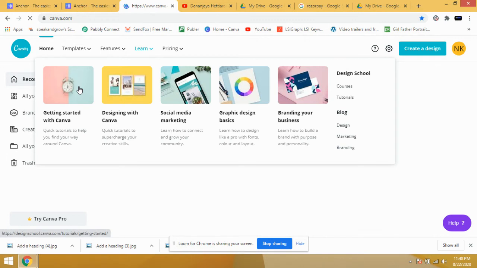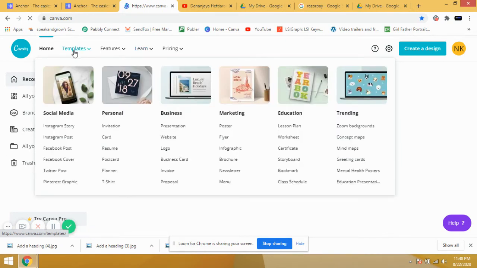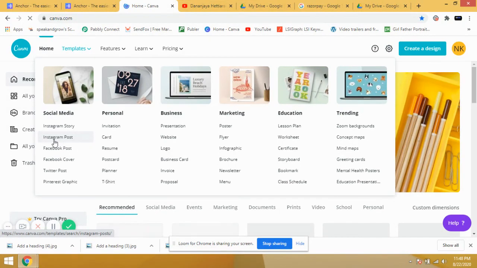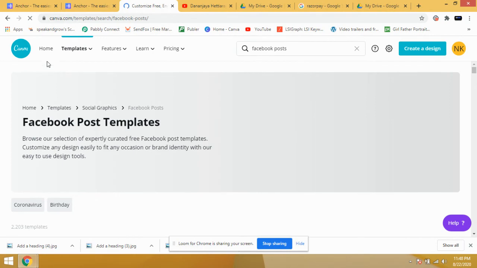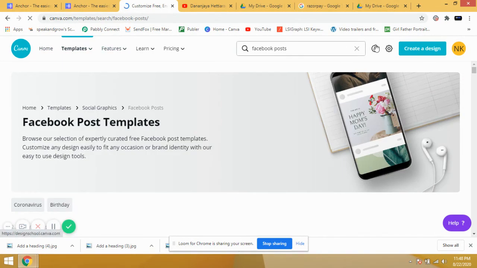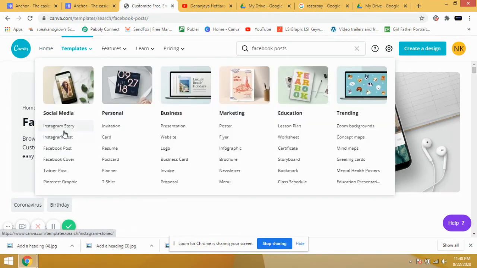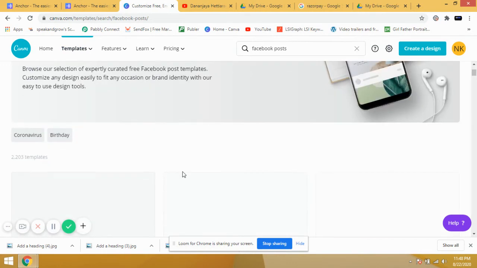Okay, if you are thinking about which template I have selected, let me show you here. Sorry, for the podcast template, you can check Facebook post. This will help you in creating a template for your podcast. Okay, it's very simple. You just log in with a Gmail account and reach here, and you can select any template you want: Instagram, Facebook, Twitter, resume, logo, whatever you want to design. You just come here and just drag and drop.